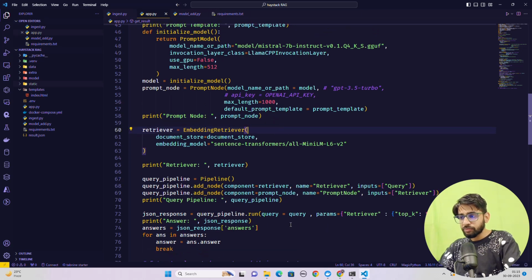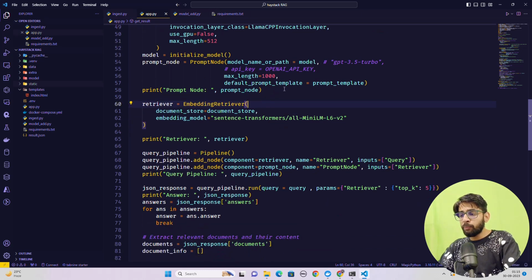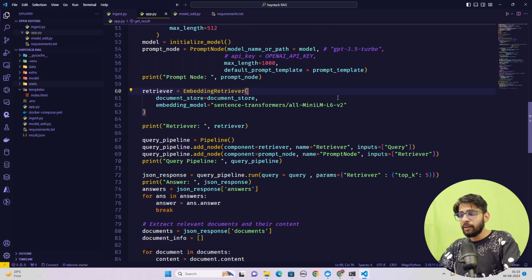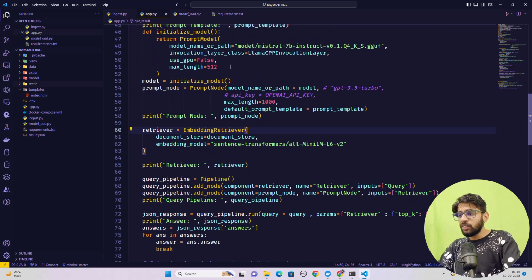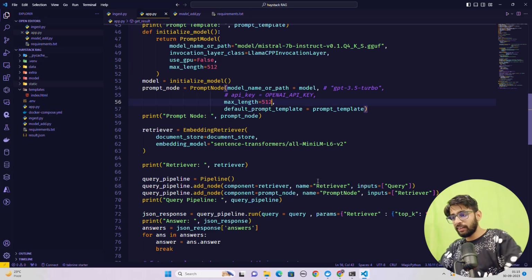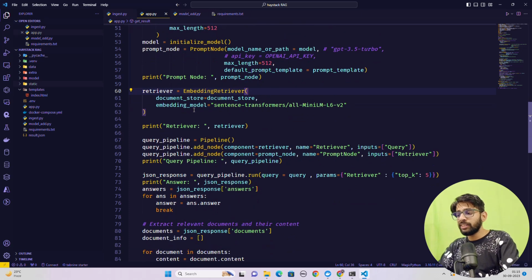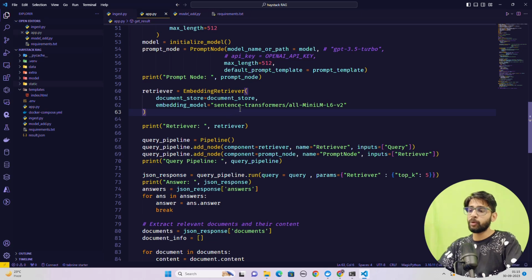Okay, now this is fine. Now you have a default prompt template as prompt template. Okay, now let's make this 512 as well, guys. Too much, I just want to make it a little smaller. Okay, 512 and prompt node. You can see the retriever. Now this is your retriever embedding, same thing that we have done, because here we have to pass the query